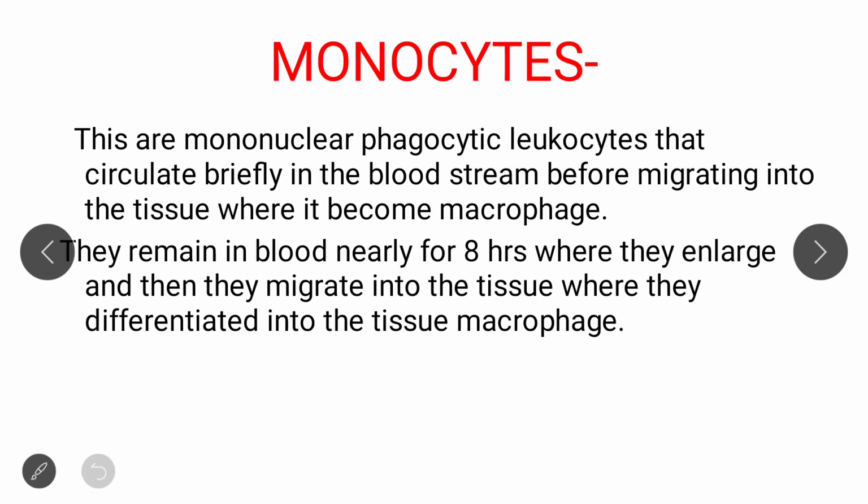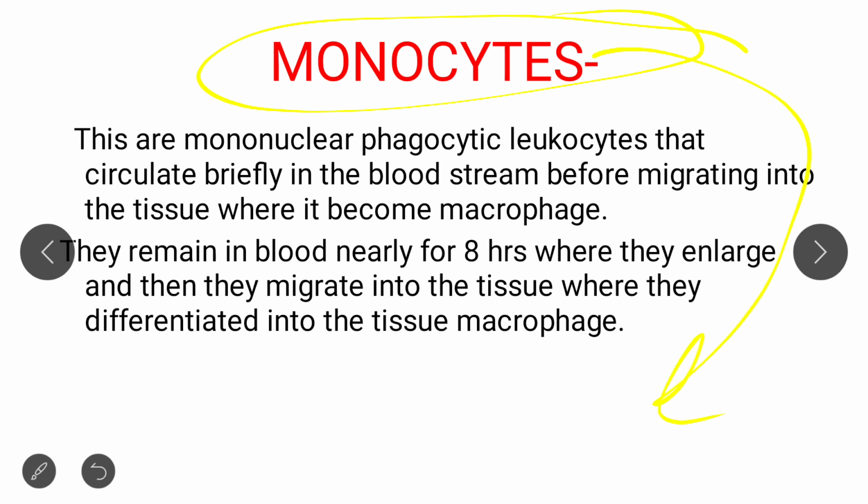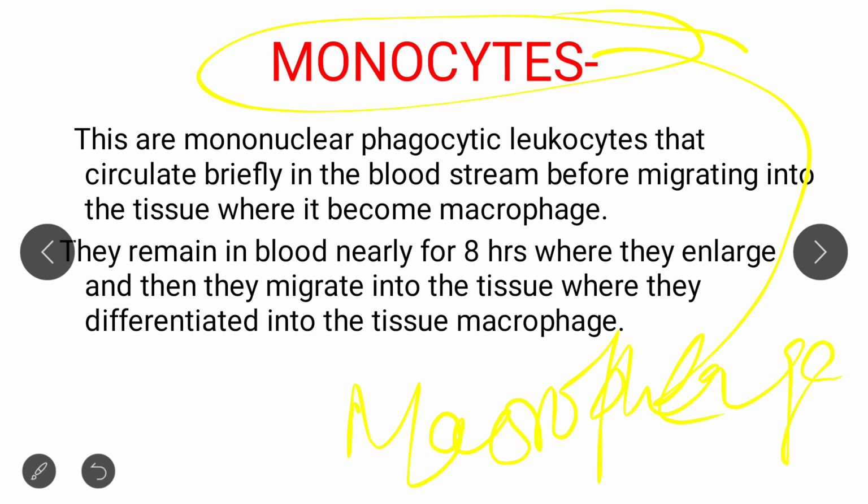Now the last part of the slide is of monocyte. As I already mentioned, from monocyte we get macrophage. I will make a video on macrophage and adjuvant tomorrow, and with that video I think the basic part of immunology will be clear. Then we start the major part of immunology that is very important from the examination point of view.